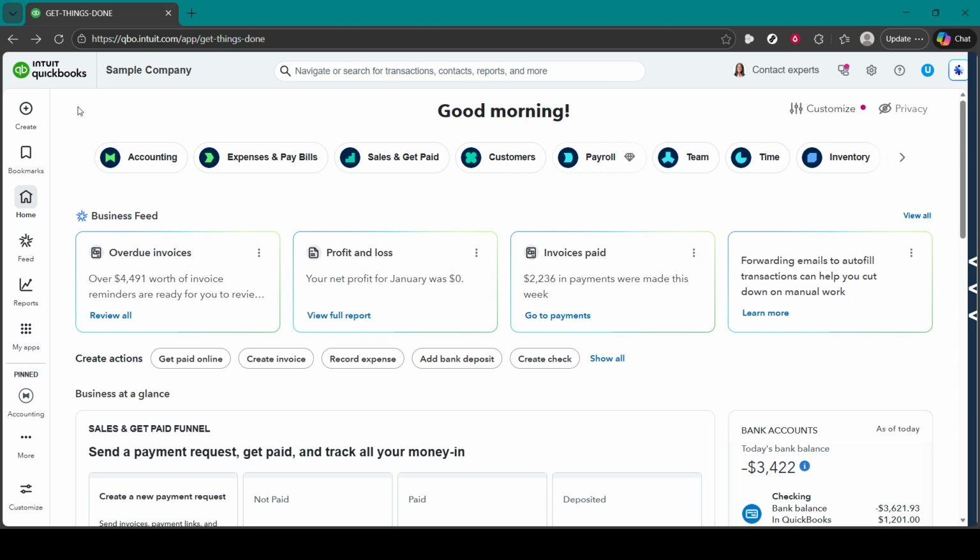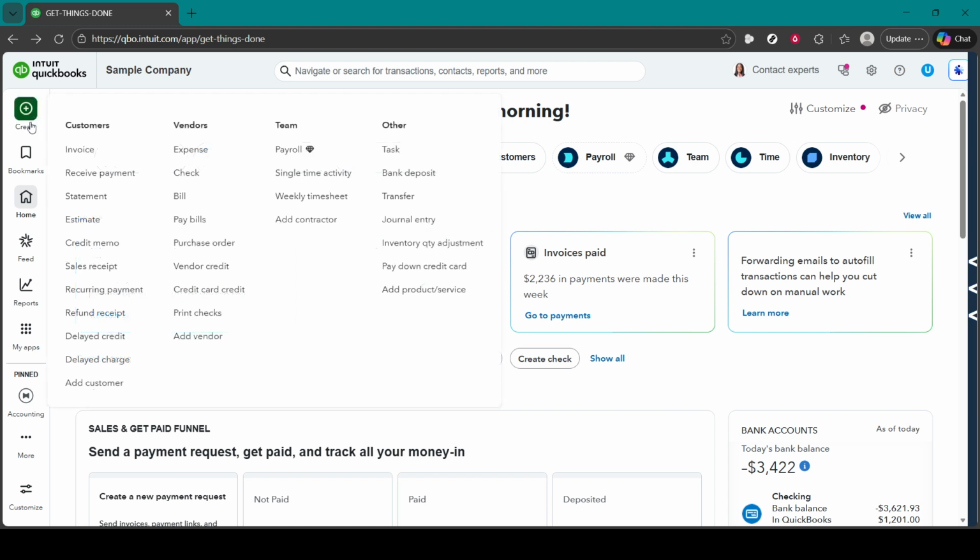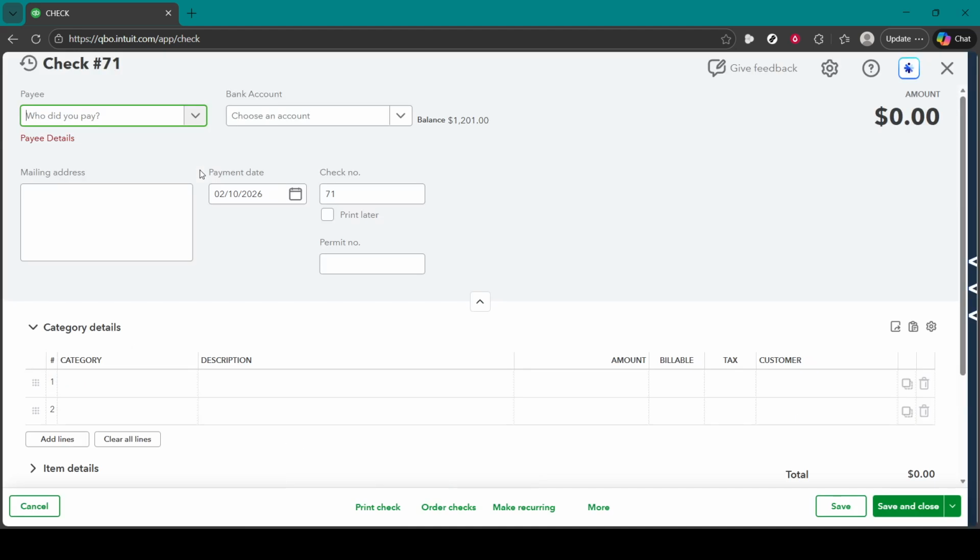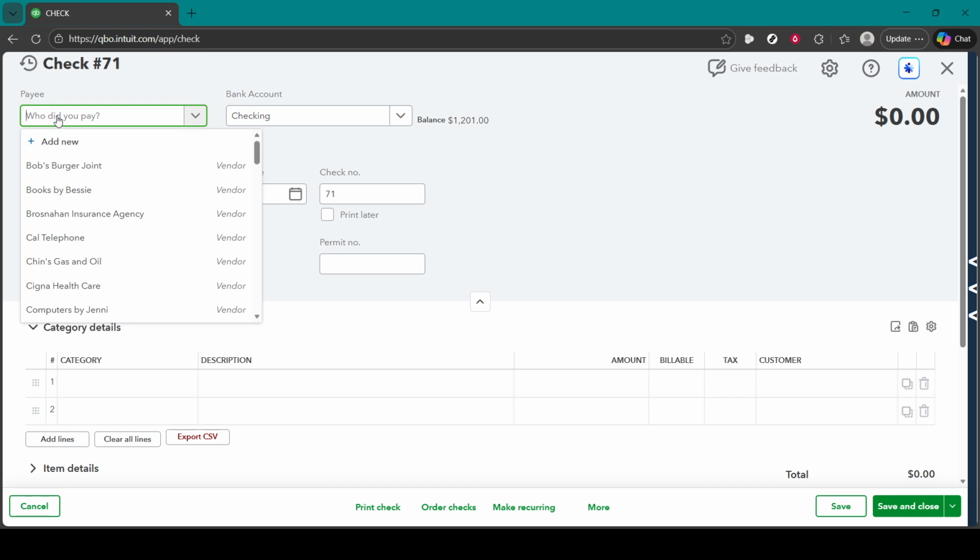From the dashboard, click the Create or New icon, then choose Check. This opens the check form, which is the most straightforward way to record an owner's draw. Using a check transaction here doesn't force you to print anything, it simply provides a familiar layout to capture the payee, the amount, and the category. Think of it as documenting the movement of funds so your bank register and equity balance both reflect the payment